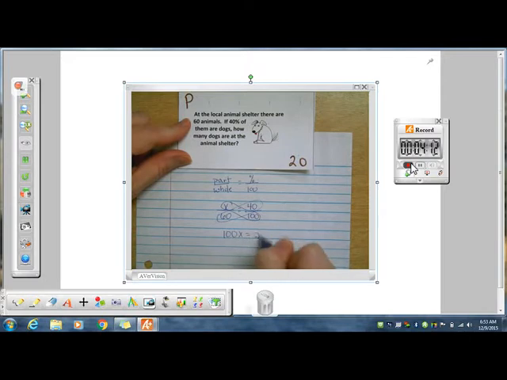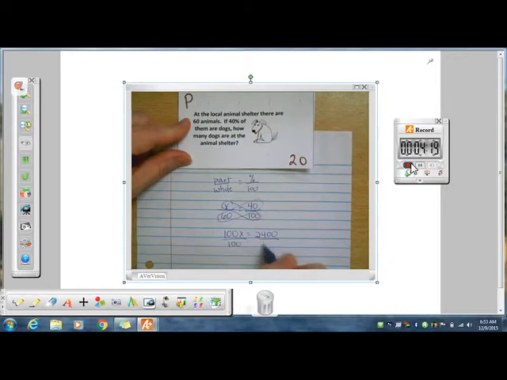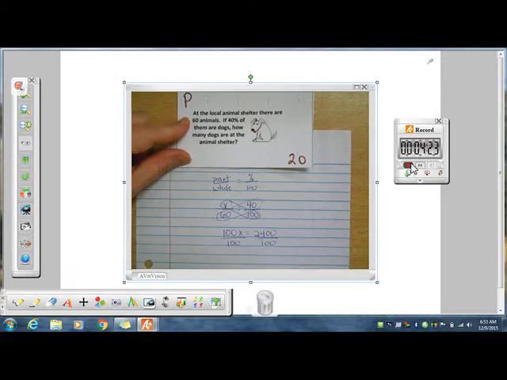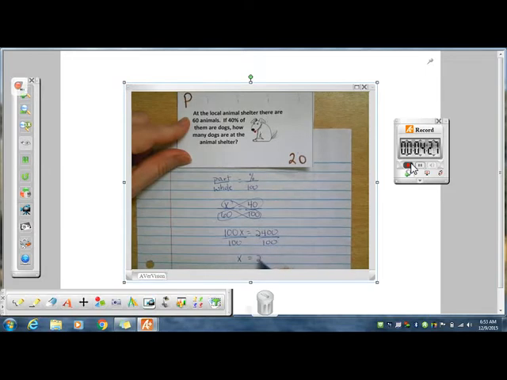100x equals 2,400. And I get that by taking 60 times 40. Now I can divide by 100. And dividing by 100 is easy because if they have the zeros, we just move that decimal point over. So x is going to equal 24, and it's going to be dogs because that's how many dogs there are out of